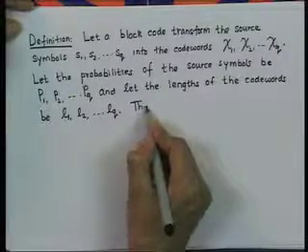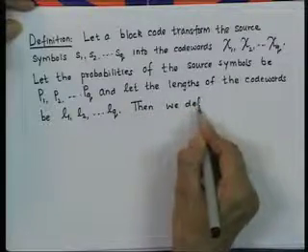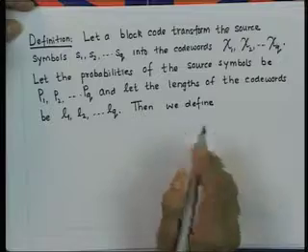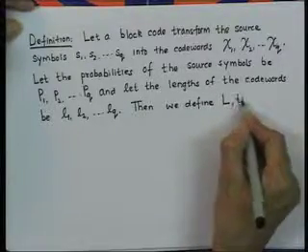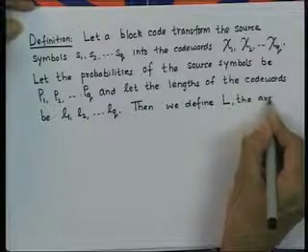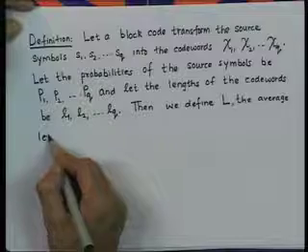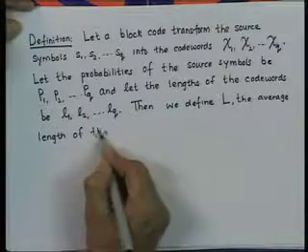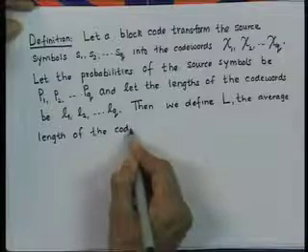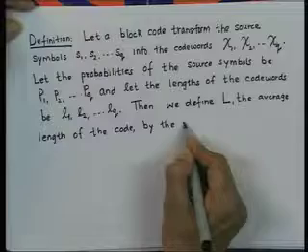Then we define the average length, which is denoted by L, of the code by the equation